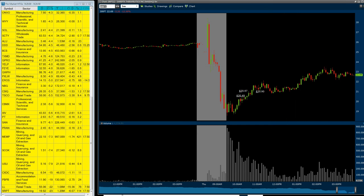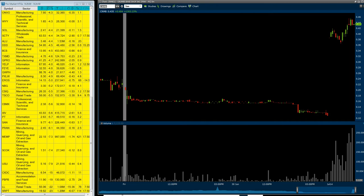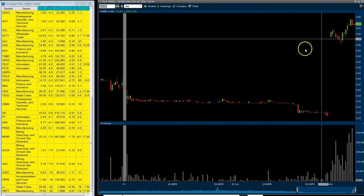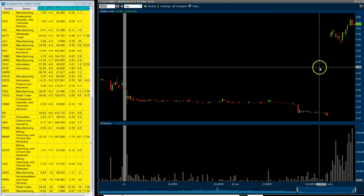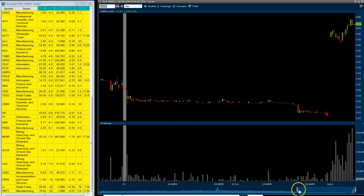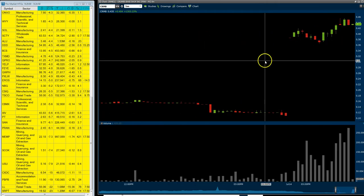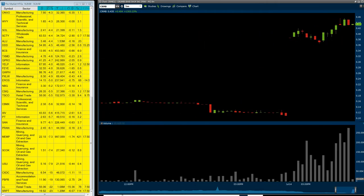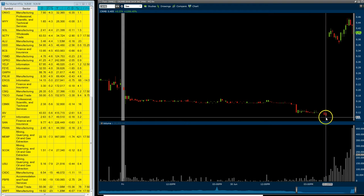Now, before I talk about the last trade I took, I have to take a look at this CRM. This is a stock that, now I don't know why this is showing up like this. Maybe I have to just put this on pause for 1 second. Hello, well, I don't know what's going on with this particular chart. I can't seem to adjust it the way I want to, but you'll have to trust me on this, that